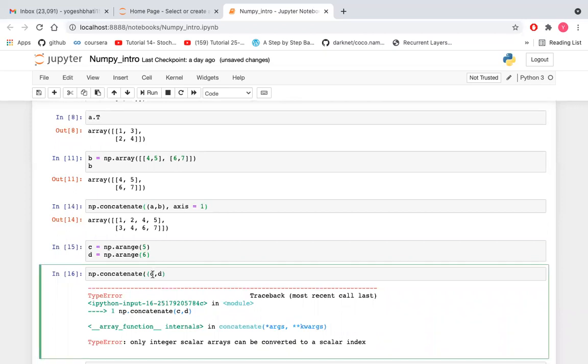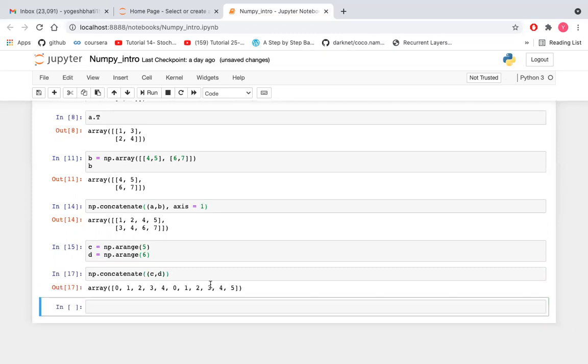Okay, we have to put them inside a tuple. So in this way the concatenate function works.